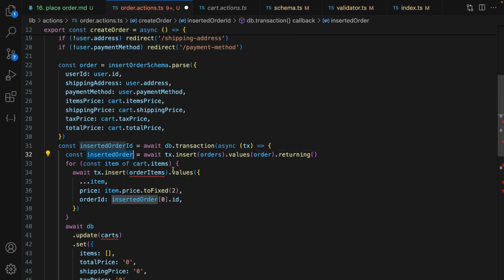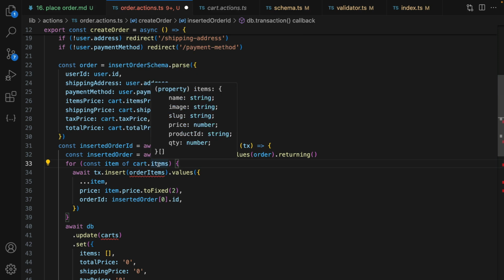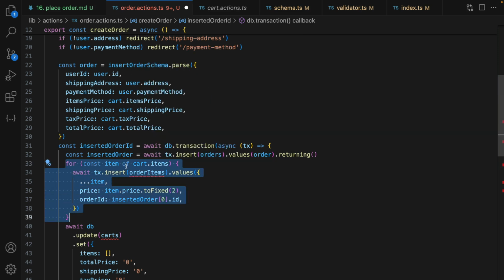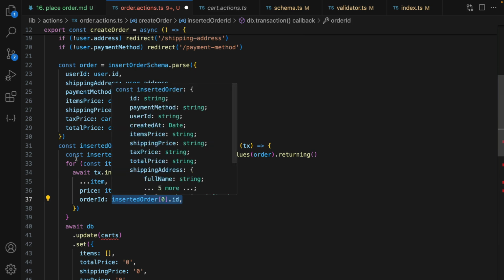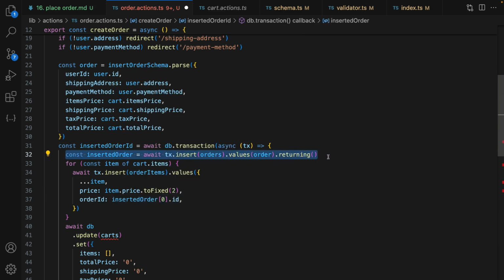After creating an order, the next step is creating order items because I have multiple items for an order. I create a for loop for each item in the cart, insert that item in the orderItems table, import the orderItems table. Before inserting the item, I need to set the order ID. It comes from the inserted order in the previous SQL command. And change the price to a string using item.price.toFixed. After this,